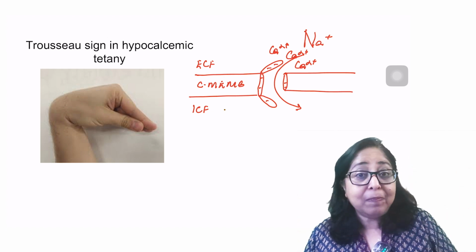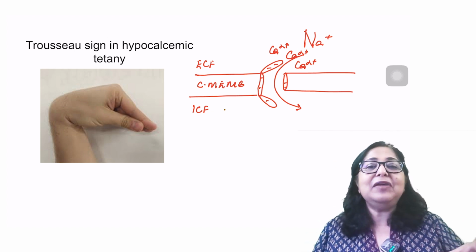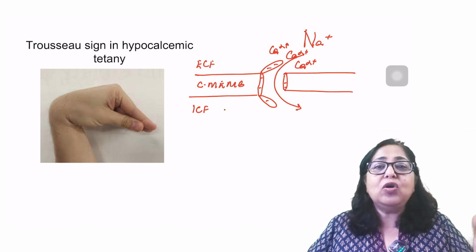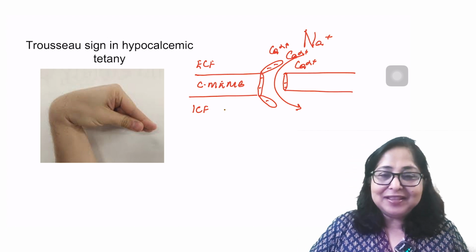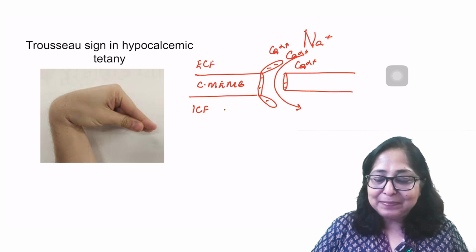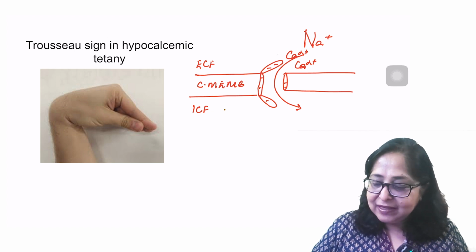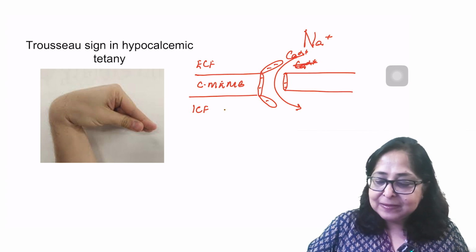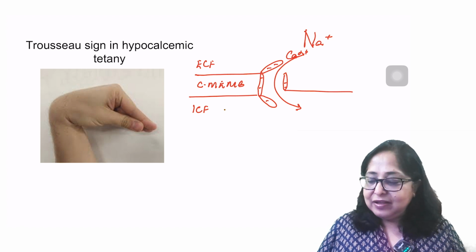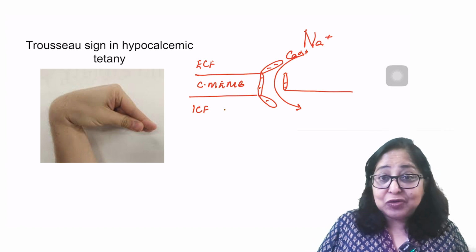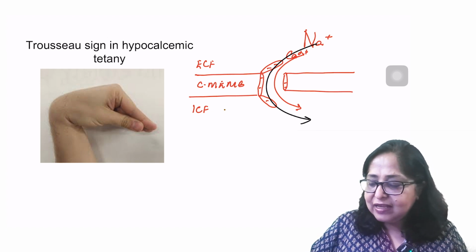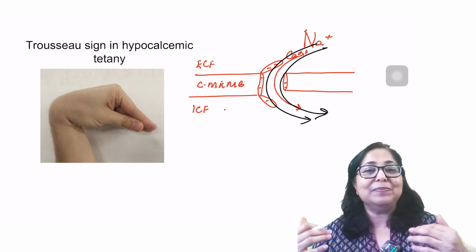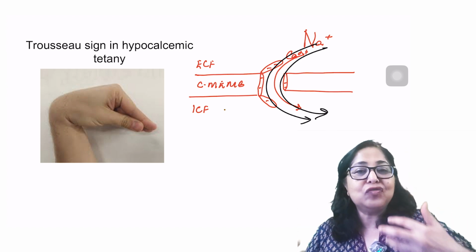It does not stop the movement of sodium. It simply regulates it. It's a more controlled movement of sodium. But when the chowkidar goes on chutti, that means there is a hypocalcemia. Now what is going to happen is this, since there's no chowkidar, now there is an unregulated and very easy entry of sodium into the cell, increasing the